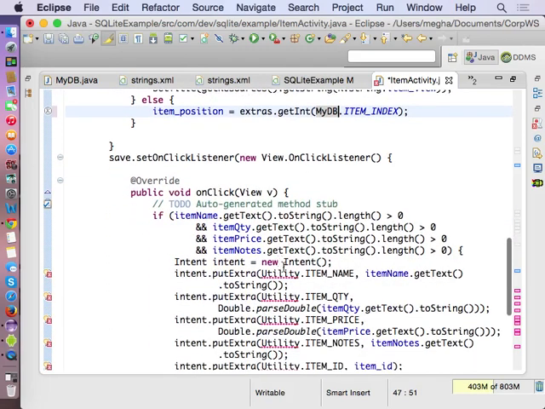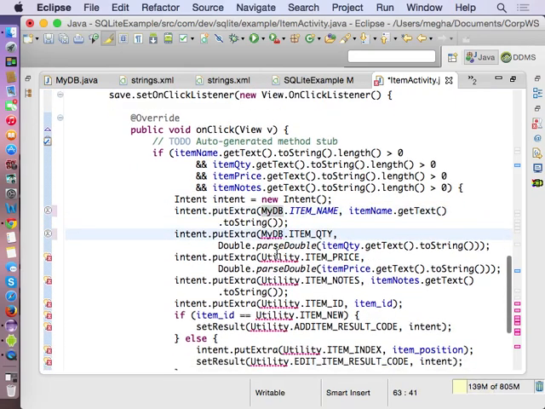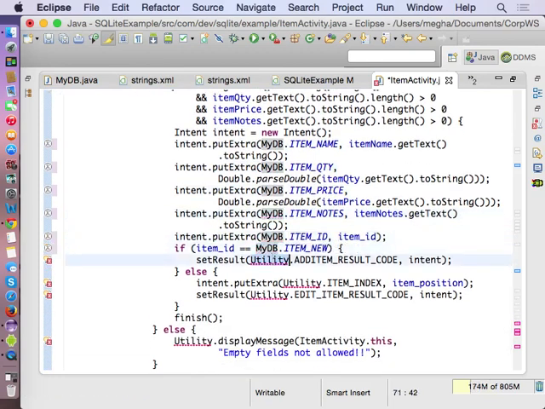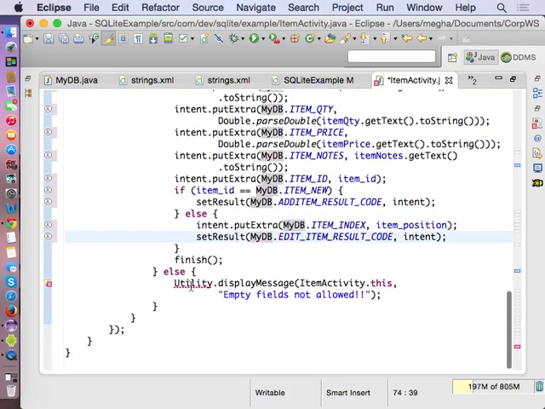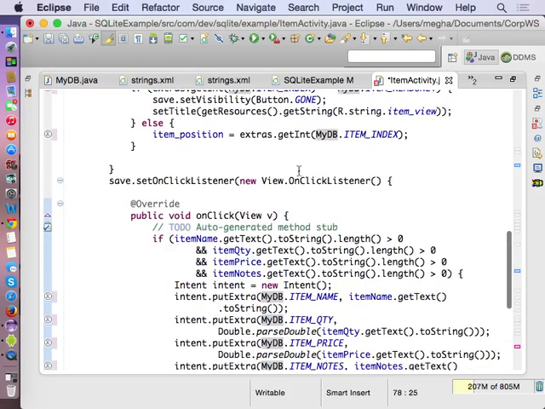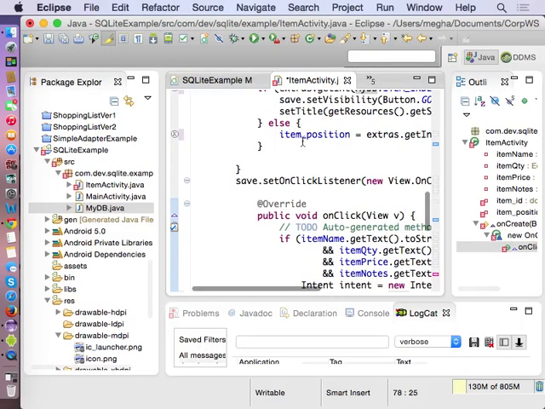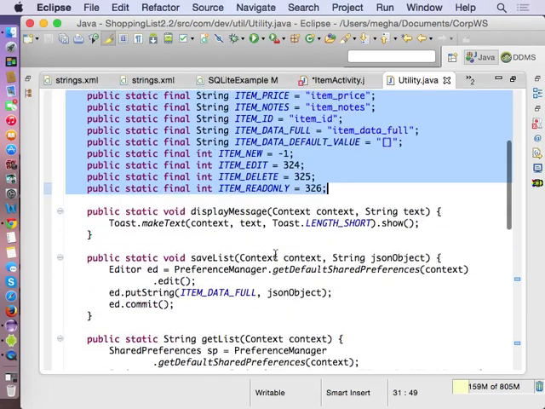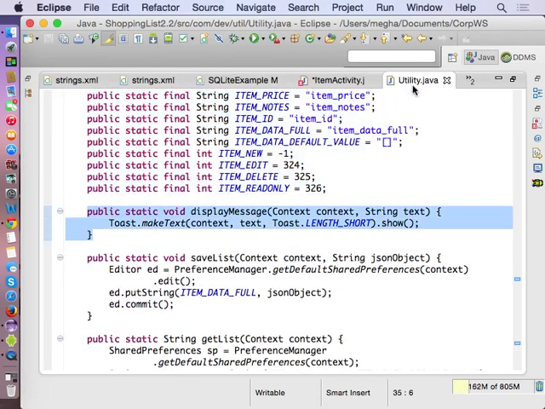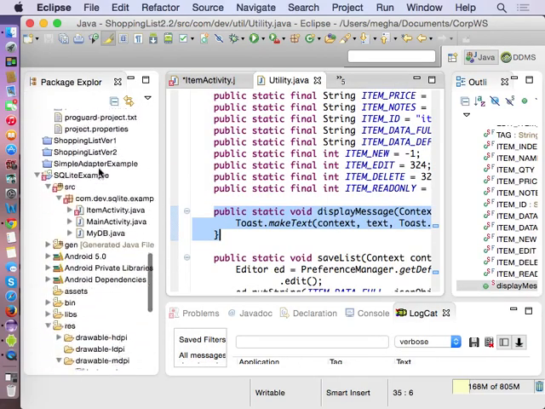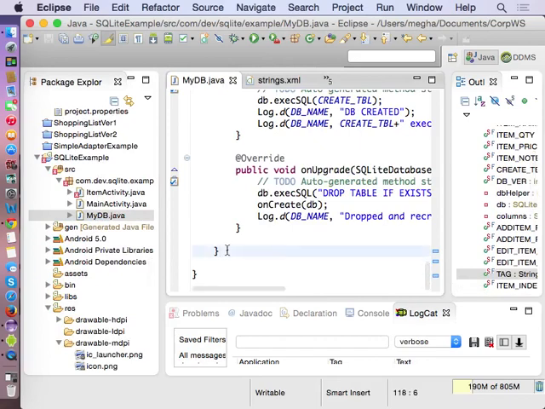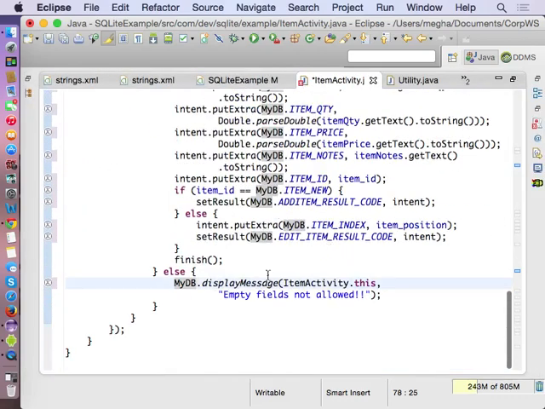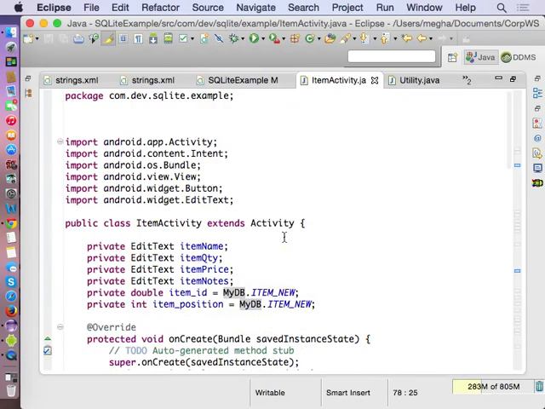Anyway, since I copied it, let it be. Display message is not there. Okay, so all errors corrected,